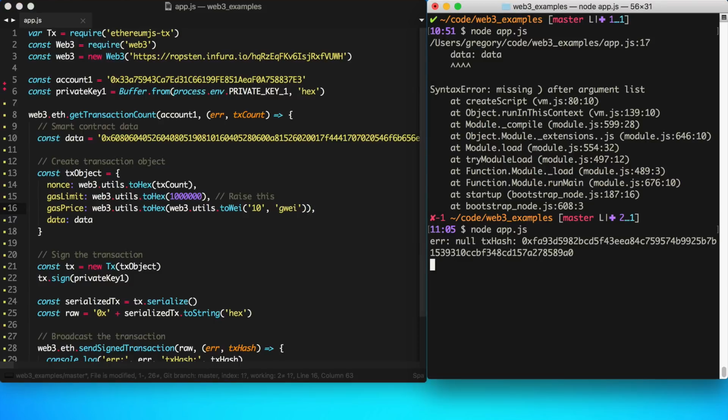All right, so it looks like it worked. Let's see. There could be a couple of issues. I don't know if the gas limit was high enough. It's not a guarantee that this worked. It broadcast a transaction, but let's actually see if it